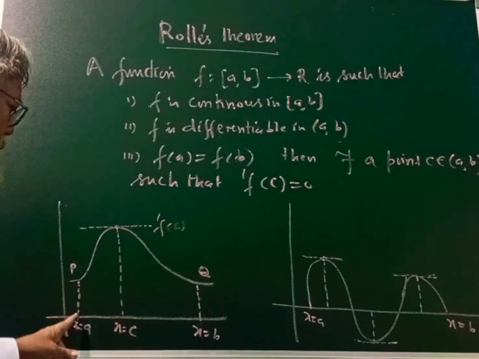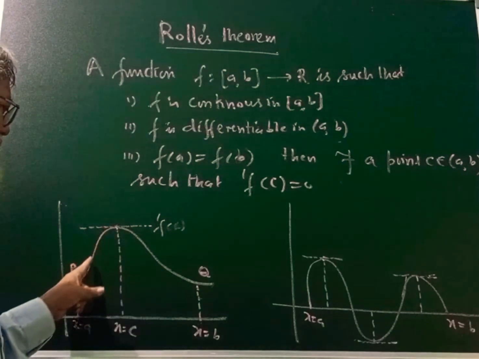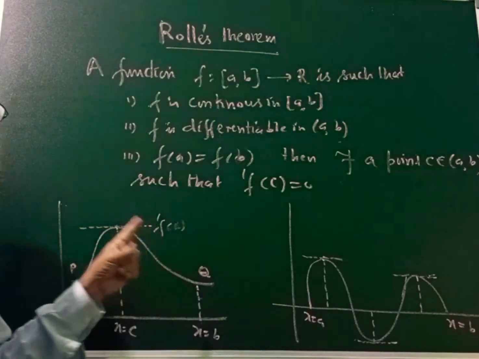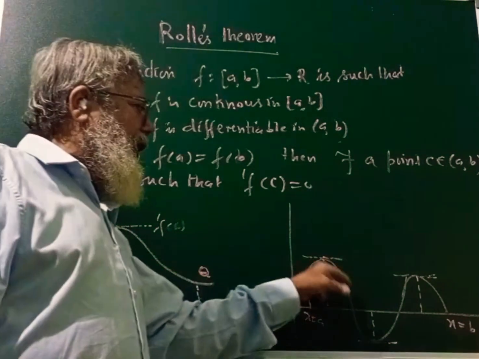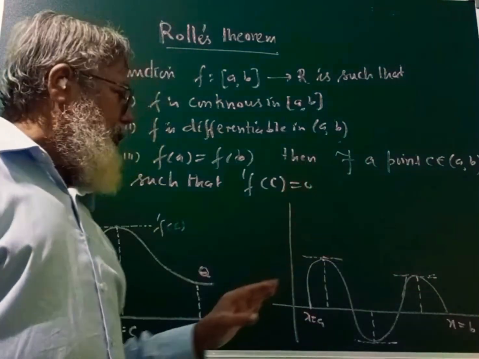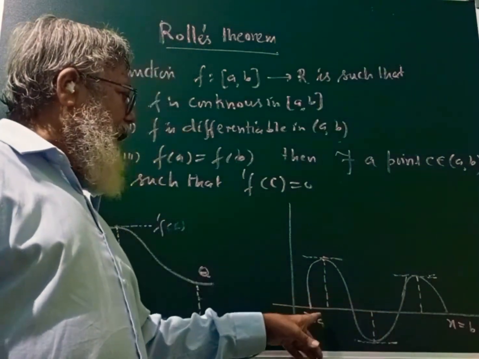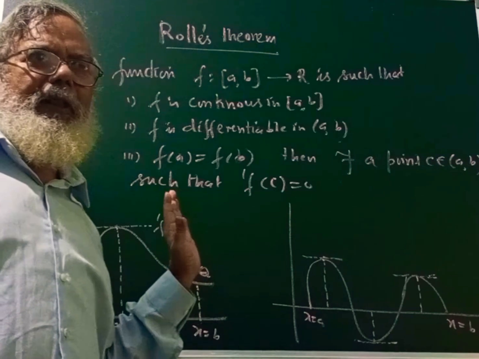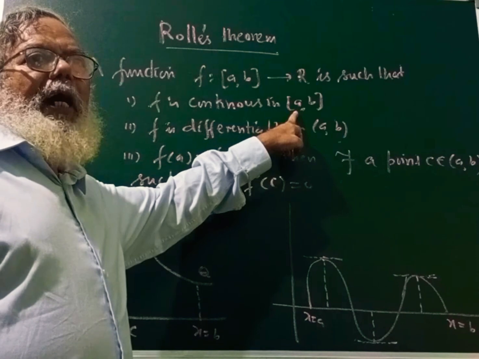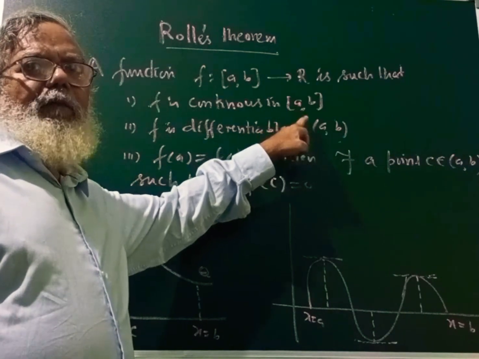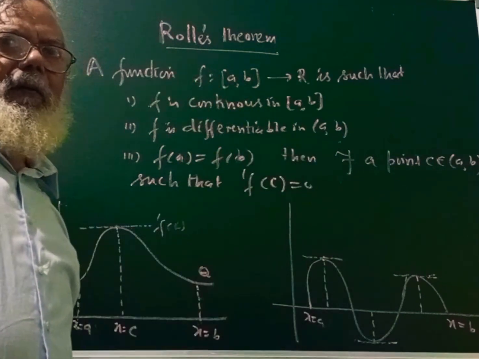So you can see from x equal to a to b, along all the points from P to Q, we can draw only one tangent at a point. Therefore it is differentiable. Similarly here also it is differentiable, in the open interval (a, b). That means here it may not be differentiable at the endpoints. We don't bother about that. That's why we have two different intervals here. For continuity we apply the closed interval, and for differentiability it is applied for the open interval.